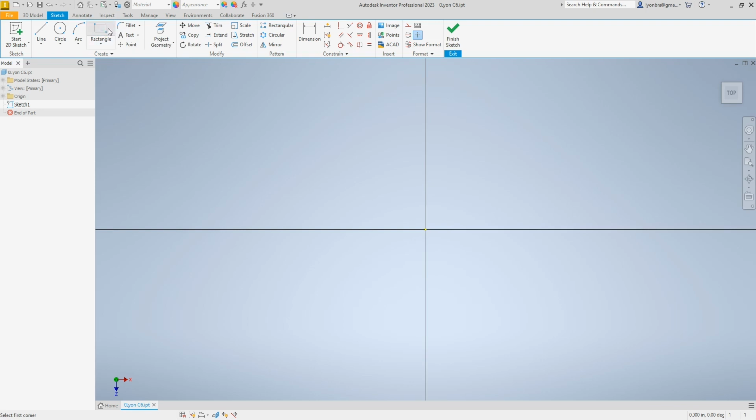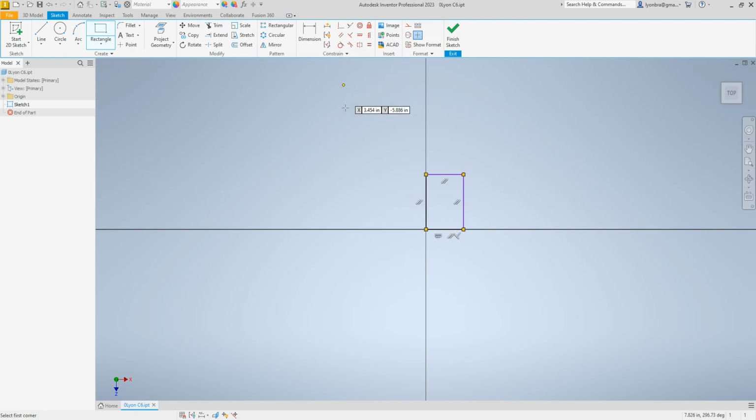I'm going to choose my rectangle tool, and I'm going to begin at my origin. So if I go close enough, it'll snap and turn green. Okay, so I'm going to click once. And I want this to be 1.5 inches this way and 2.25 this way. So I'm going to go over 1.5 inches about, and then up 2.25. That's pretty close. Okay, so I'm going to click again,